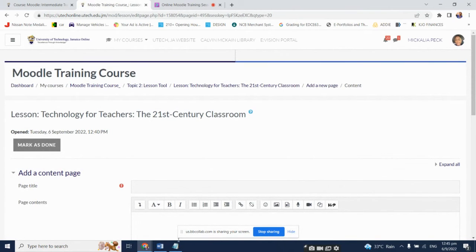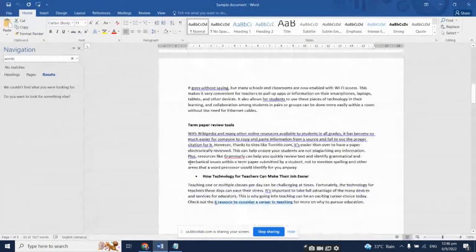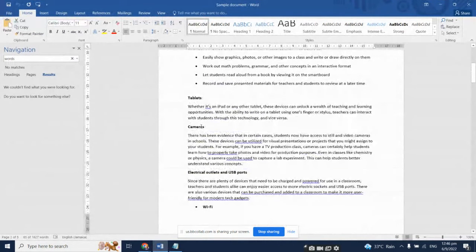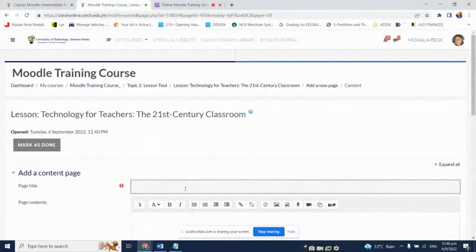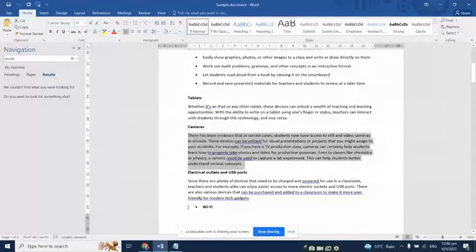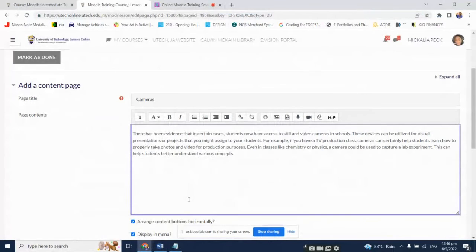Good. And this page title now will be cameras. Good. And the page content, I'm gonna copy and paste. Okay. This time, what if I wanted to integrate a